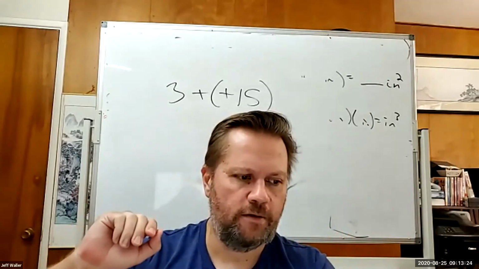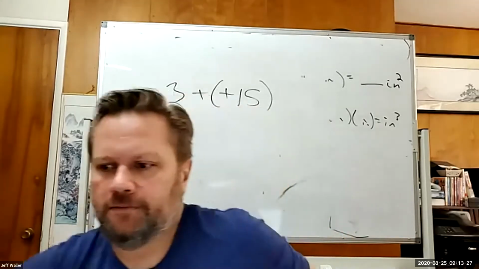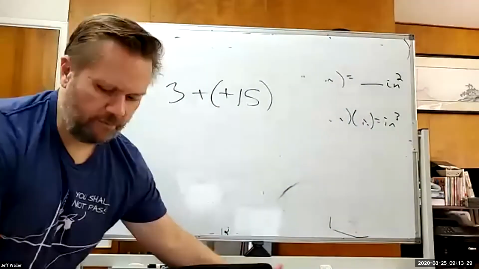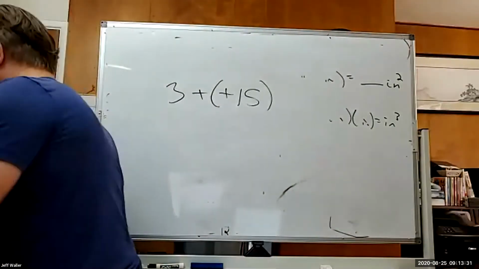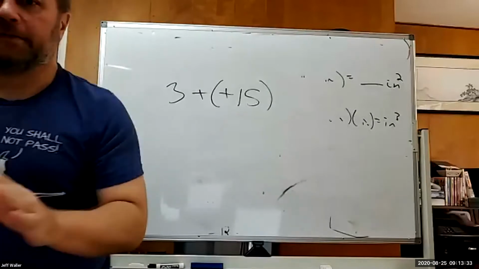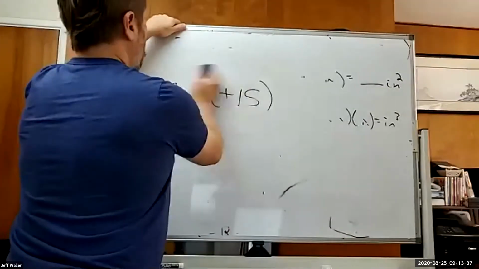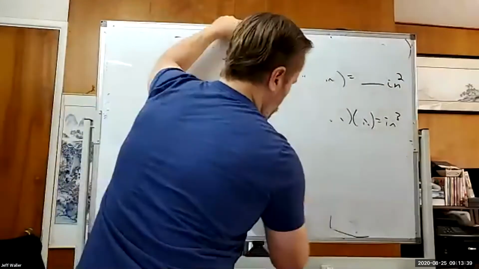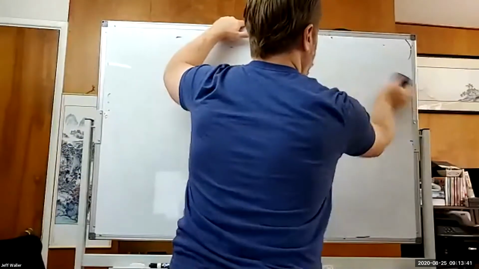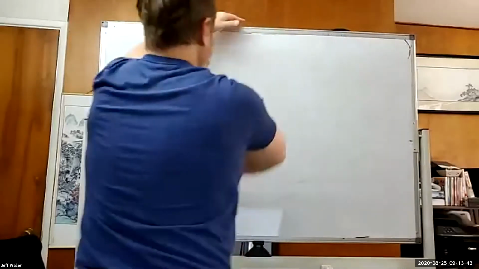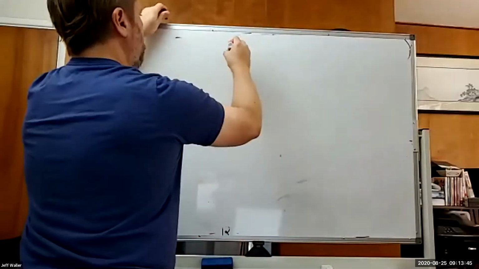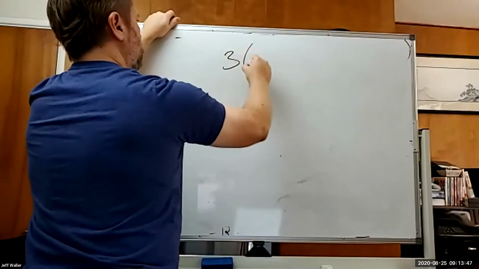But distributive property. All right. Do you guys remember distributive property? Sometimes math people make names that actually make sense. We don't always do that, I will admit. But distributive property makes all the sense in the world. So I want you to realize something. Like if I had a problem like this,